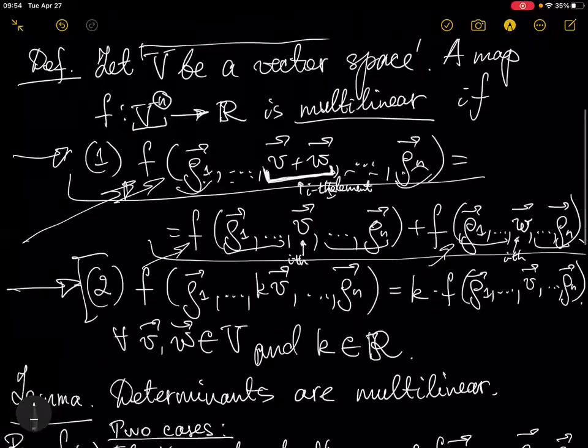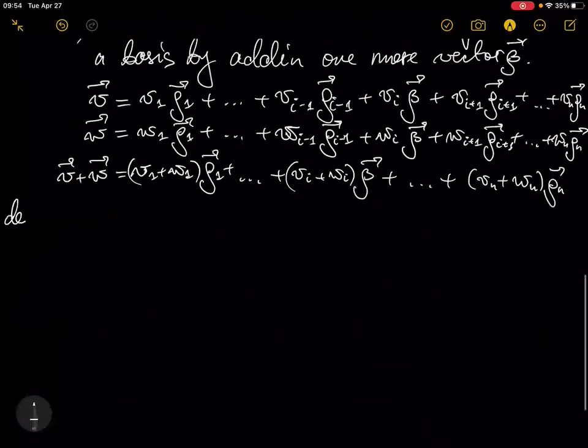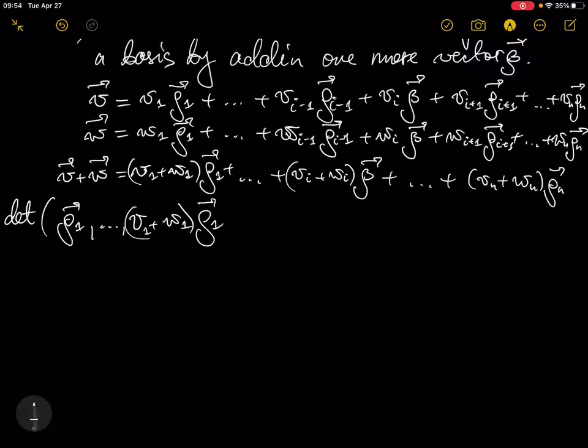So I'm applying my determinant function here. Okay. So then determinant of row 1, V1 plus W1 row 1 plus and so on plus Vi plus Wi